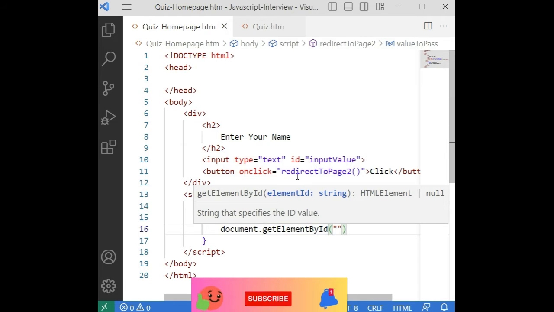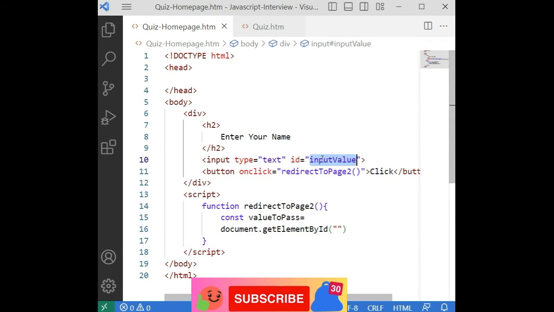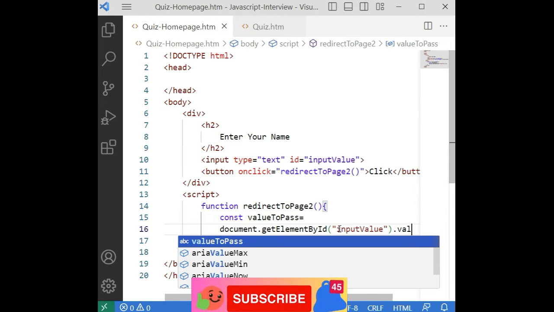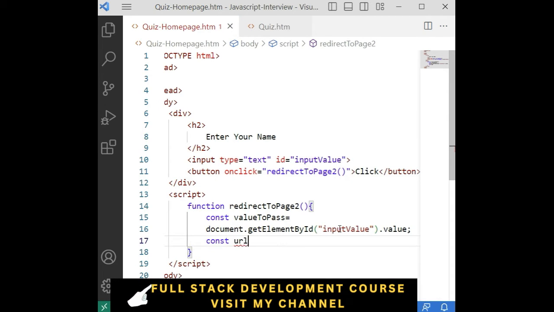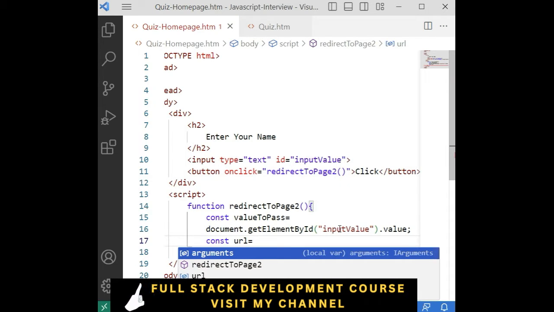The element I am getting is from this input value, the text box ID I am adding here, dot value. After that, constant URL equals